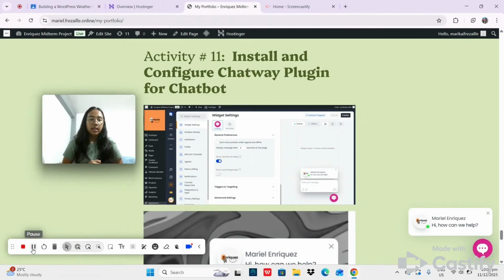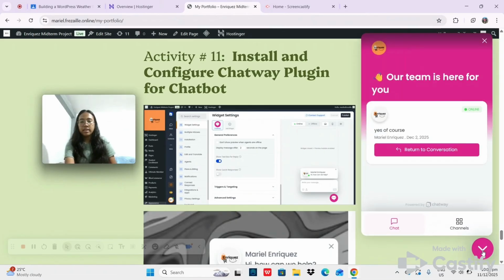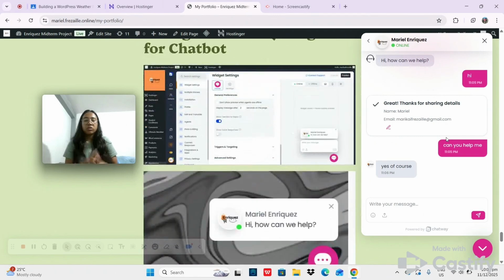And now lastly is the Chatway plugin for chat box. In this part, the customer can clarify and can chat about what problem he or she encountered in your website, and what the inquiries are in your shop and everything. As you can see here, this is the chat head of our Chatway. So click here. So now you can see here, I have already a sample of the Chatway. Here the website administrator already had a reply to my message.